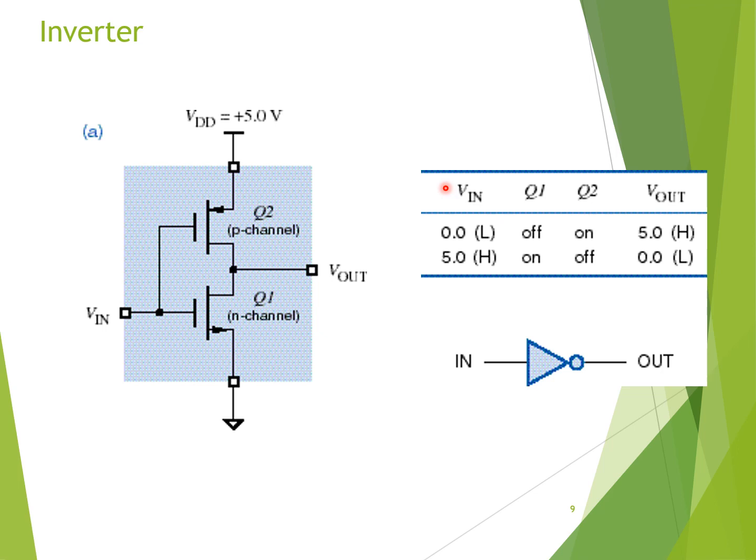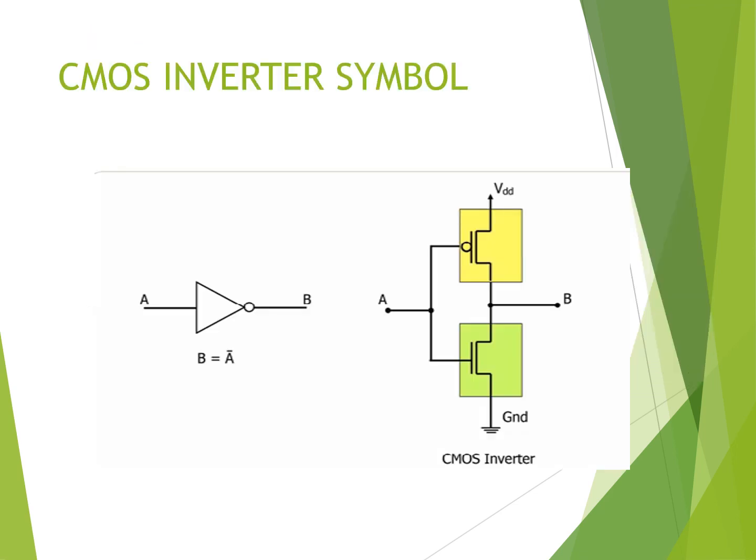So what is the condition according to the transistors? When I'm giving a low input, with respect to the explanation I gave you earlier, when is it open, when is it short? Depending upon that, the transistor Q1 is switched off and Q2 is switched on, which is giving us the higher value of output. Whereas when I'm giving a high value of input, Q1 is switched on, Q2 is switched off, which gives us the lowest value of output. So this is the easiest symbol that we are following throughout the VLSI technology.